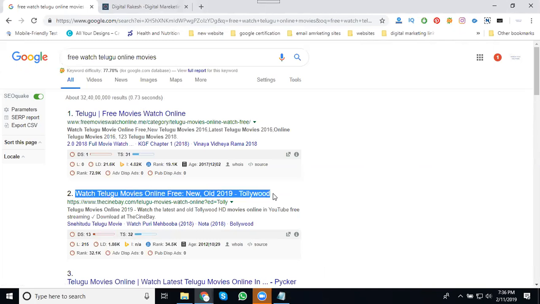Suppose you write a 65-character title. After 57 characters, your next characters will be 8 more characters, but the title displays only 57 characters. Why? Because they don't exceed more than 62 characters. Less than 60 or exactly 60 characters is fine. When you commit 60 characters, any two remaining will be there, and they display up to 62 characters. But in SEO title terms, they display only 60 or below 60 characters.